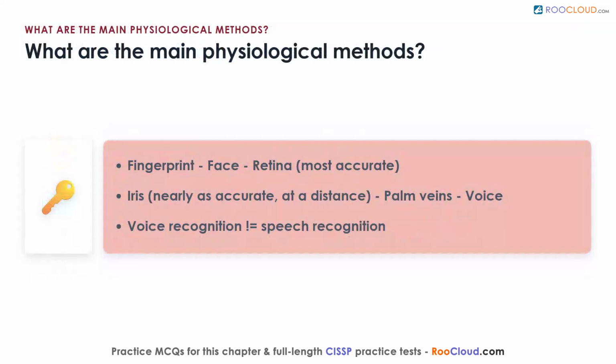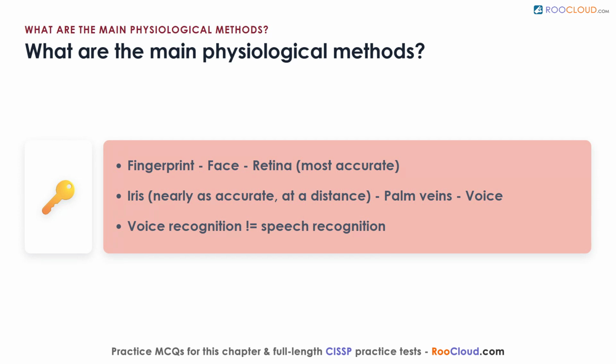What are the main physiological biometric methods? Several traits get measured, each with its own trade-offs. Fingerprints read the unique loops, whorls, and ridge details on a finger and show up everywhere, from laptops to security keys. Face scans map the geometry of a face to unlock devices or screen people at borders. Retina scans read the blood vessels at the back of the eye and are the most accurate, but they can reveal medical conditions and demand you get very close.